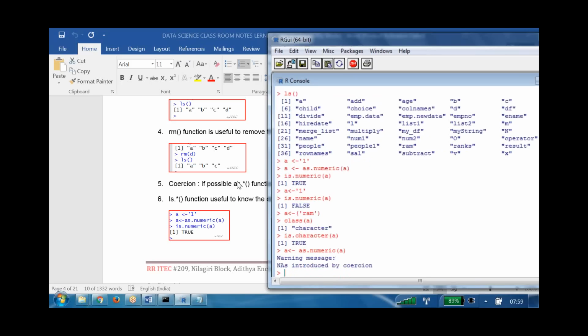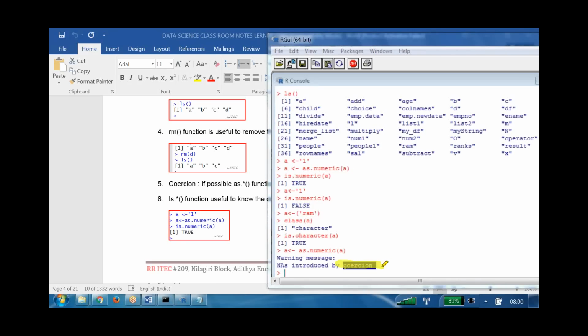What is it saying? In the case of 1, it is able to convert it because it is meaningful, right? But in the case of RAM, to convert it to a number, what number does it have to convert to? That is the reason it is not able to convert it. It is showing here: NAs are introduced. That means numeric variables cannot hold characters.